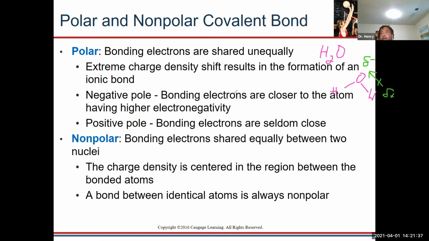So if we were talking about, let's say, carbon dioxide, and we looked at the bond between oxygen and carbon, which is a double bond, the electrons are going to be favoring oxygen, or is it going to be favoring carbon? Oxygen. It's going to be favoring oxygen because